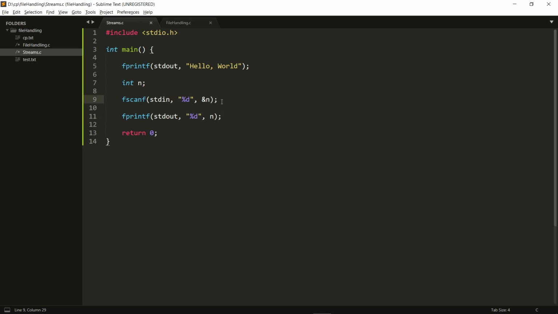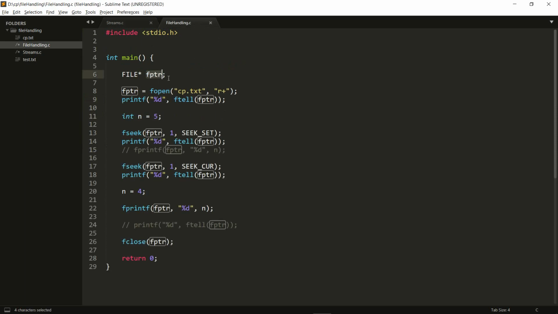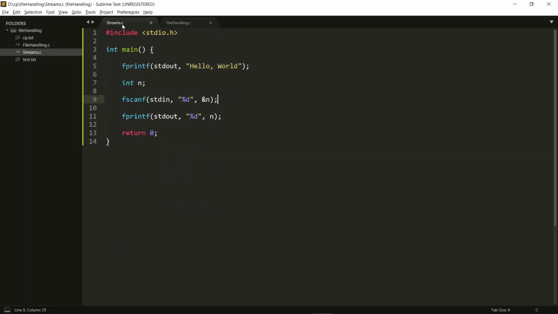The fptr that we were using was just a file stream, and we have three standard streams: stdin, stdout, and stderr. So we can use fprintf to write to our terminal, and we can use fscanf to read from our terminal.